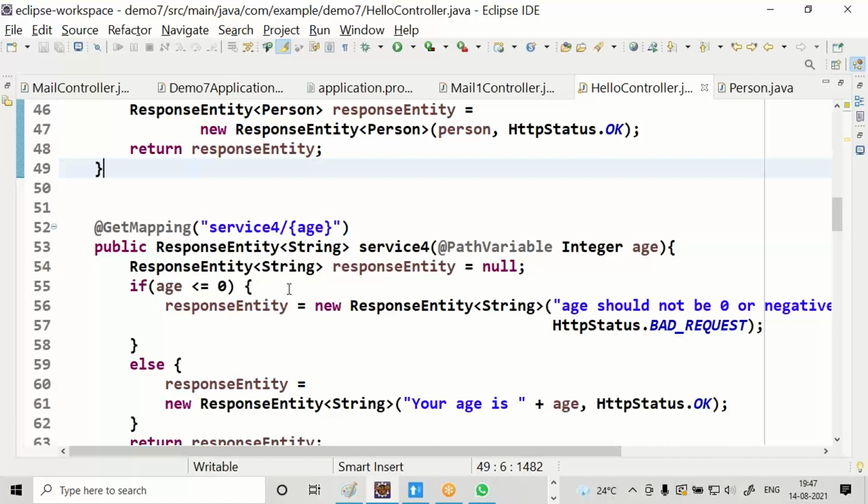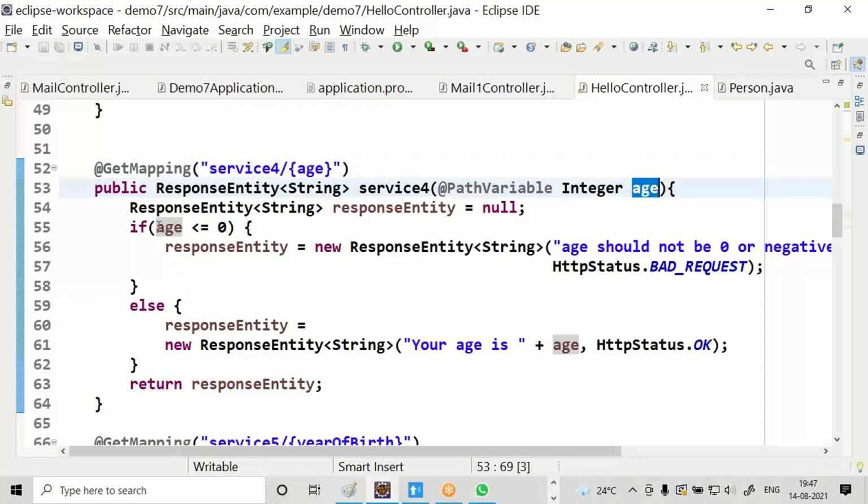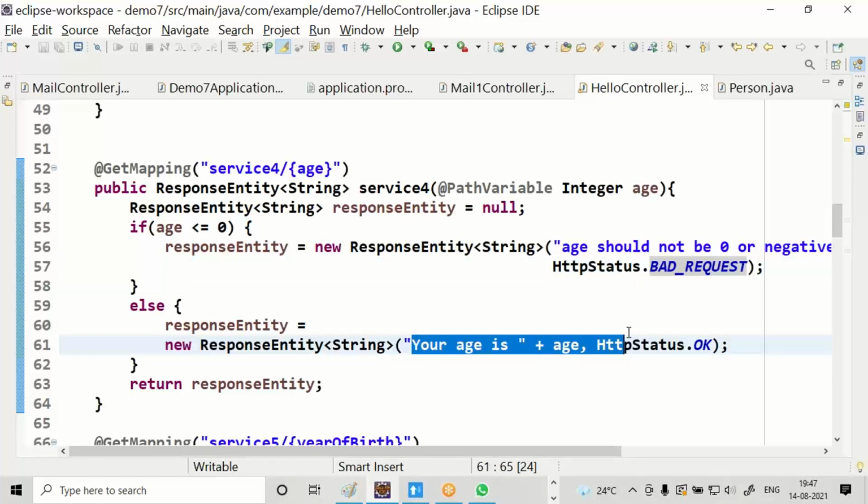Service 4 receives one path variable. If the path variable is less than or equal to 0, we are choosing the status as bad request. Else, we are printing the proper message. You can see the importance of status code.